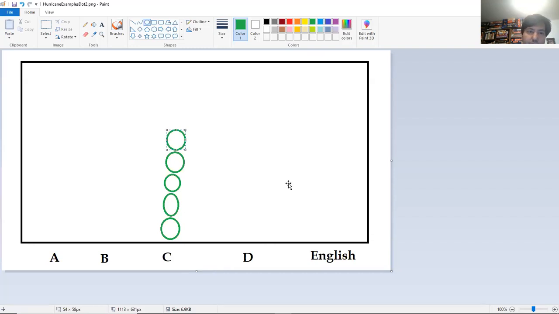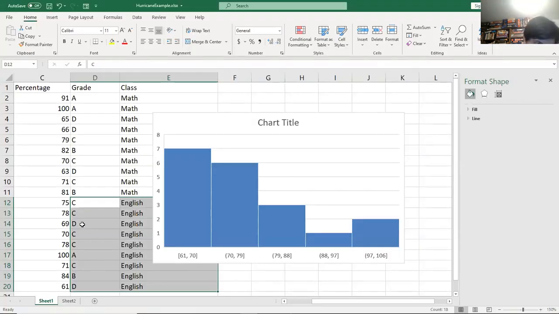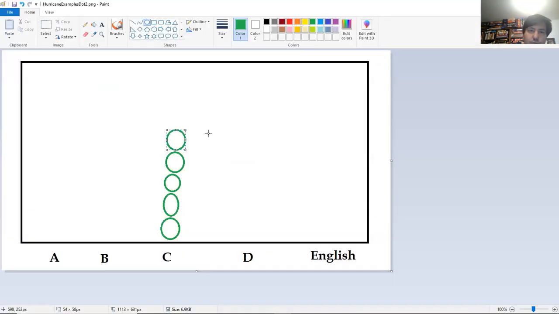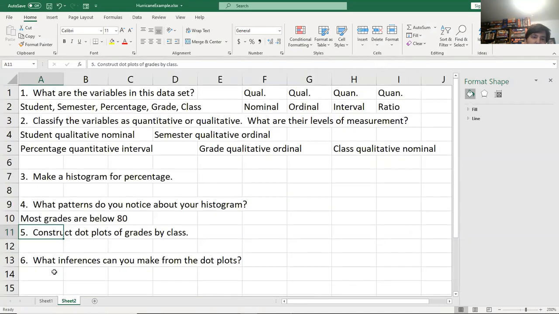Go back to our spreadsheet. There are 2 D's and then 1A and 1B. So we'll go back to our dot plot here. So there was 1A, there was 1B, and there were 2 D's. So there you go. Now it also asks us to write any inferences that we can based on the dot